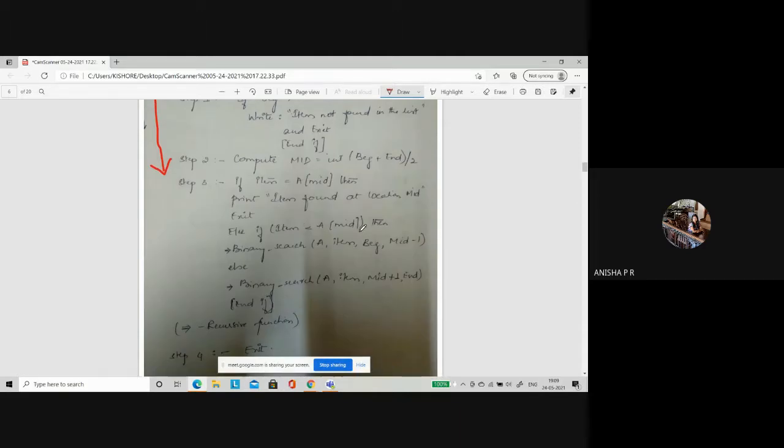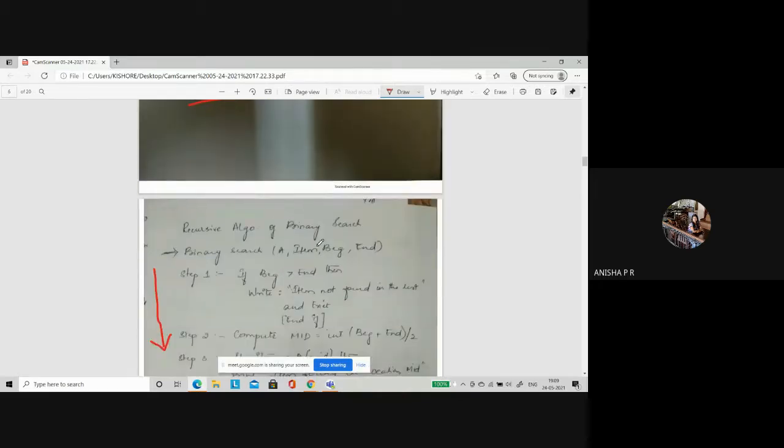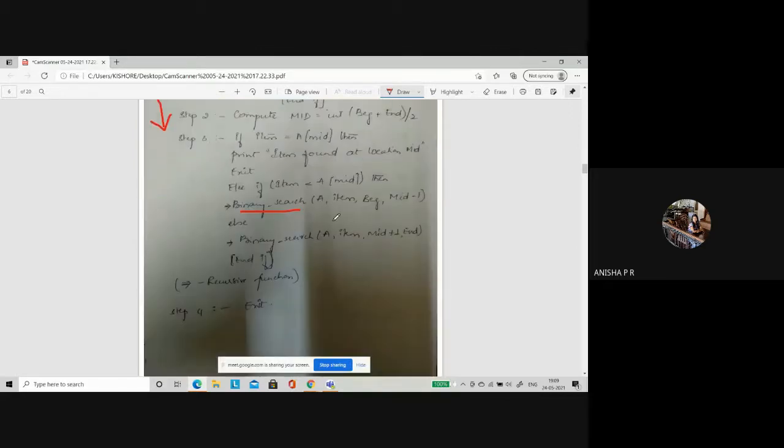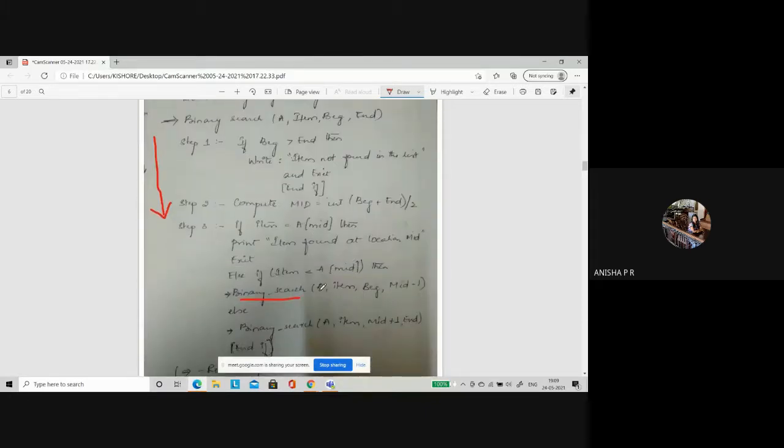Same thing you have to do, no new change. So this part has to be called again. So you're calling this function again, recursion. Understanding it or not? This was a function here with the parameters: array, item, beginning, end. Same thing again, function. You call it again with the new array, that is the left part of the array, if it was less than the item: array, item, begin. End is what? Middle minus 1.